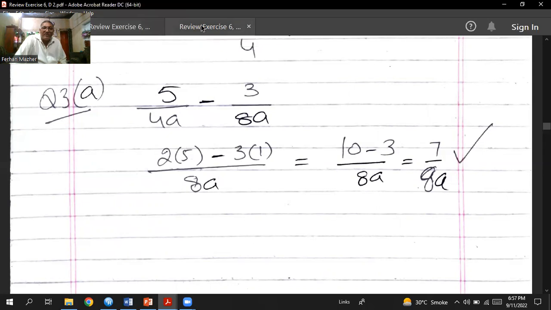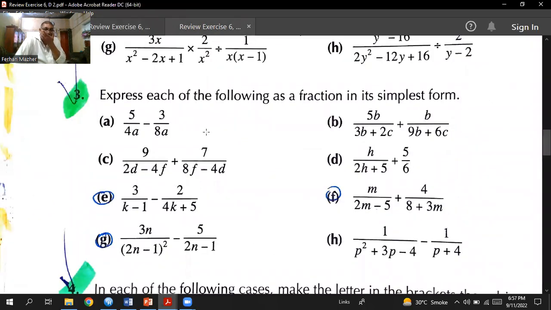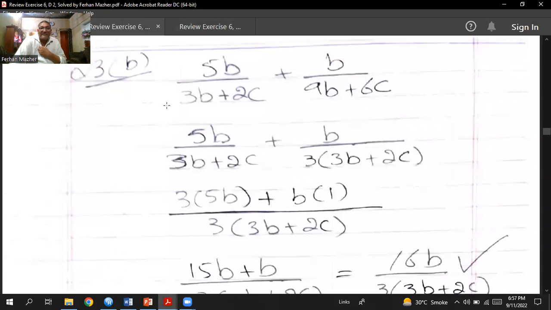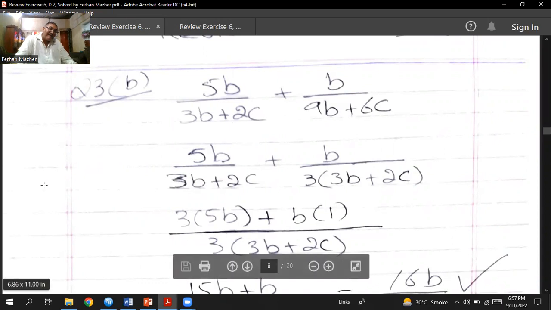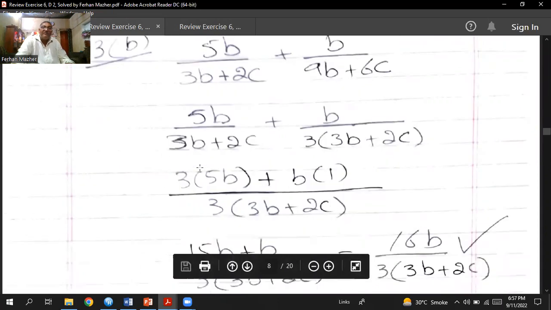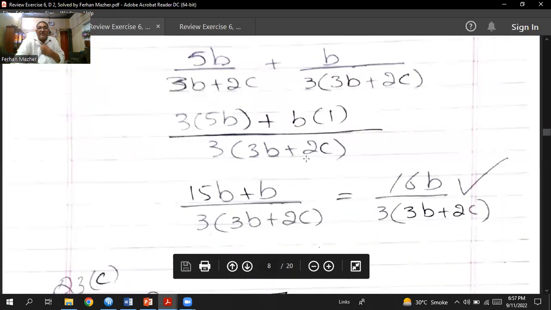You can pause the video, take your time. Okay, so question number 3 is B part. Here we have 5b divided by 3b plus 2c, then plus b divided by 9b plus 6c. So I will try to find out their LCM, but first of all, you see 5b divided by 3b plus 2c and plus b divided by. In this denominator, the 3 is common, so I will take 3 common. So you will have 3 bracket 3b plus 2c. So when I take the LCM of this and this, that LCM will be 3 bracket 3b plus 2c